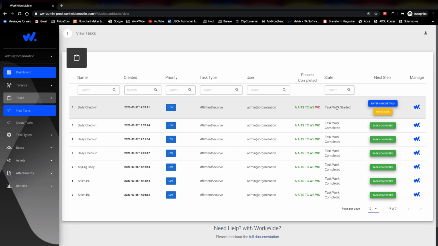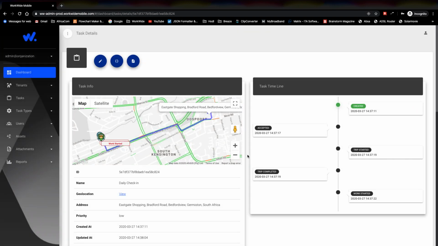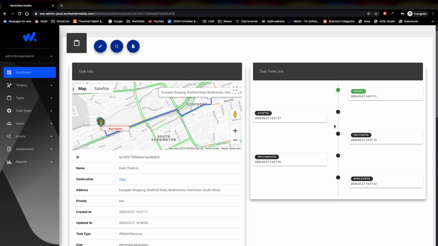If we want to see more information about this task, all we need to do is click on Manage. As we get into this task, we quickly see the timeline and history of this task. It was created on the 27th at 2:37, and you see the time that it was accepted, where the trip started. In most cases, there's going to be no travel required because people are working from home. But for those that aren't working from home, we still log your travel because we know that it's very important